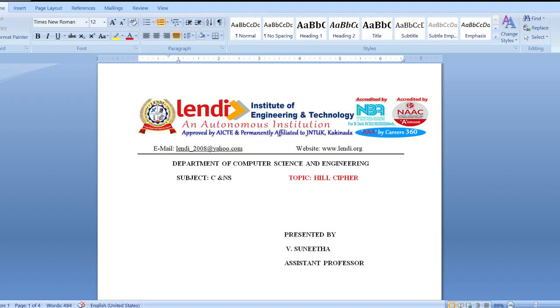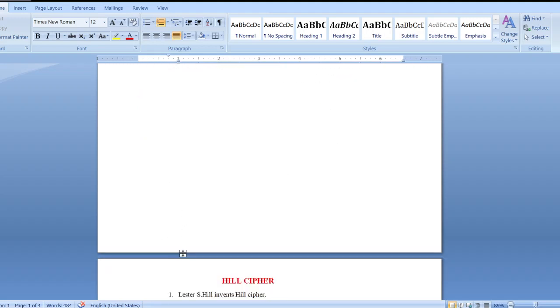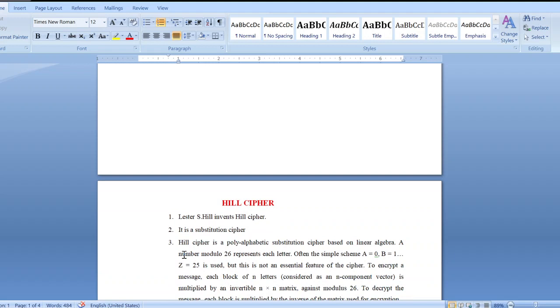Today we are focusing on Hill cipher. What is a Hill cipher? What is the encryption and decryption procedure of Hill cipher? A Hill cipher is a substitution cipher. A substitution cipher replaces one symbol with another. If the symbols in the plain text are alphabetic characters, we replace one character with another one. For example, we can replace letter A with letter D and letter T with letter Z. So this is the way of substitution cipher.